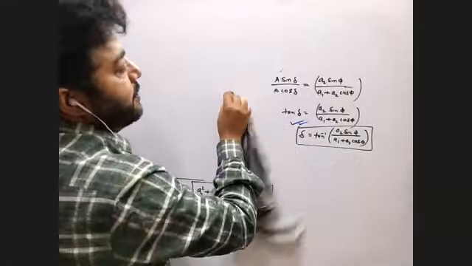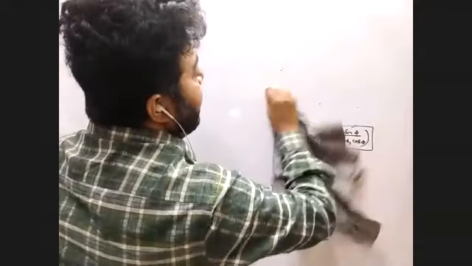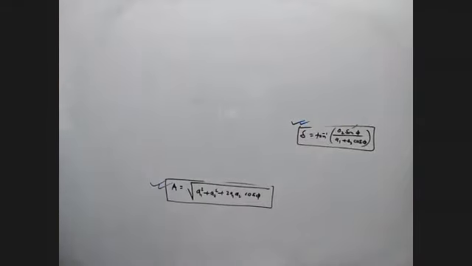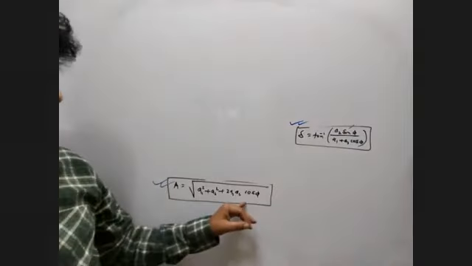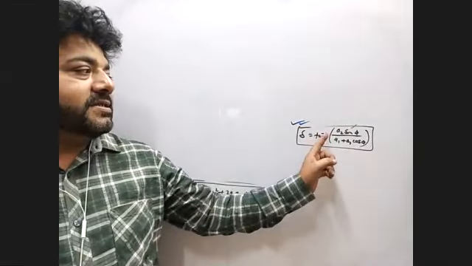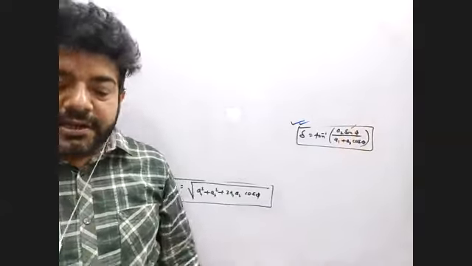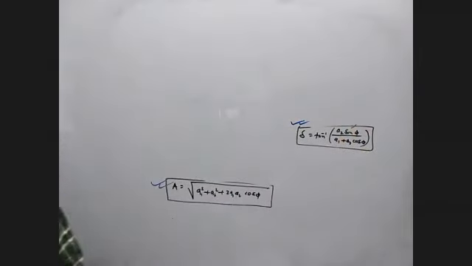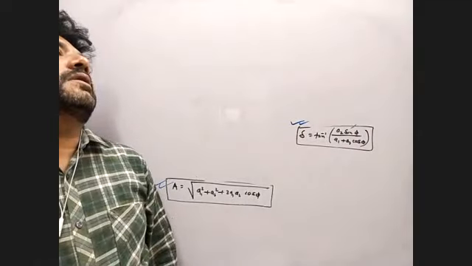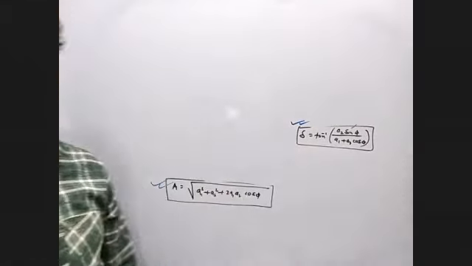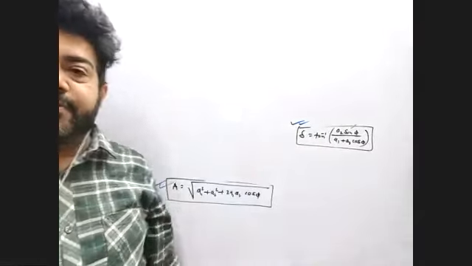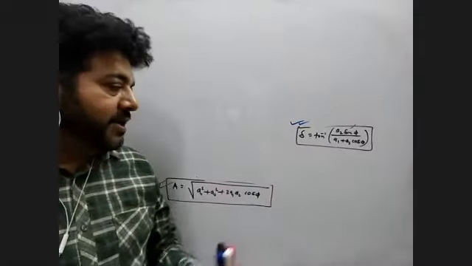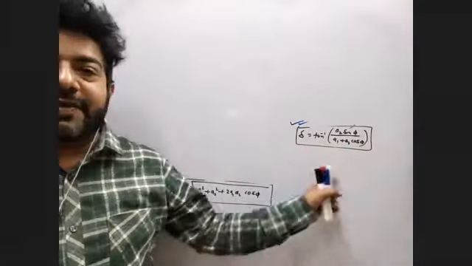If you know this formula, how do you remember it? Look at these two formulas properly. You can remember one thing, which is vector addition: A square plus B square plus 2AB cos theta, and phi is tan inverse of B sin theta by A plus B cos theta. You remember that one, vector addition? So you can remember it in that manner. When two waves are superimposed, that is actually vector addition, because it follows the triangle rule of vector addition.